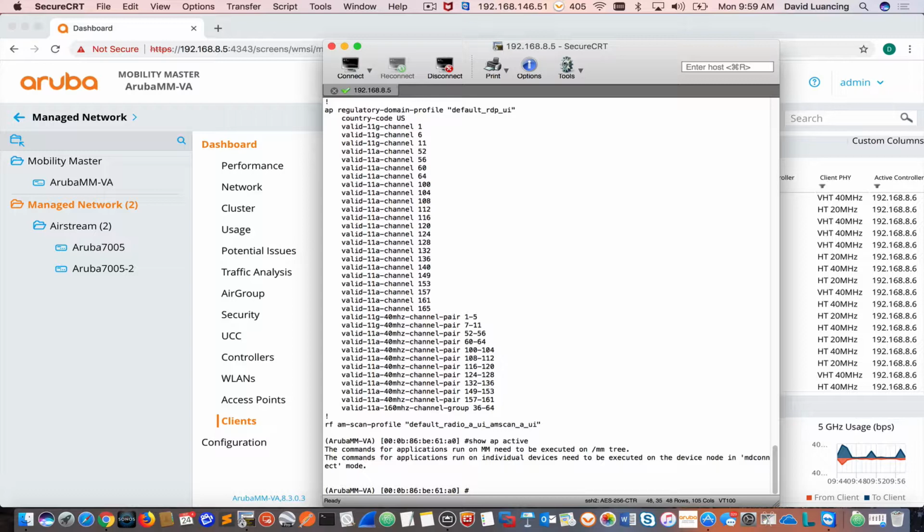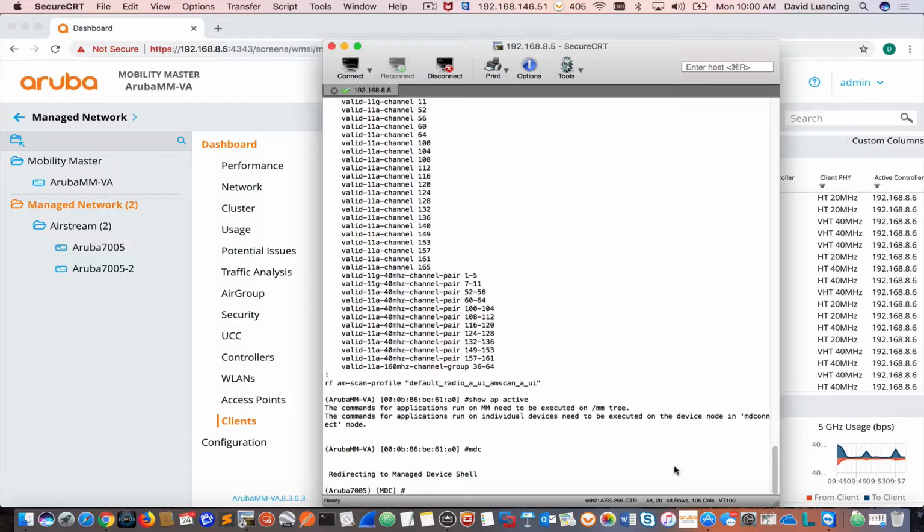That is the error you're getting, but it's also showing you that you need to do an MD connect. So if I want to start troubleshooting, I need to do an MD connect, and you can also do MDC as a shortcut,